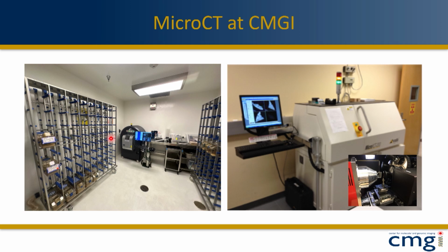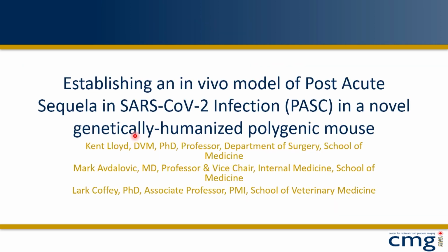And you can see that the instrument is in the animal room. These are the animal cages on either side of the room, which is also a little bit unusual to have the equipment directly there. So what I'll present about the COVID research is